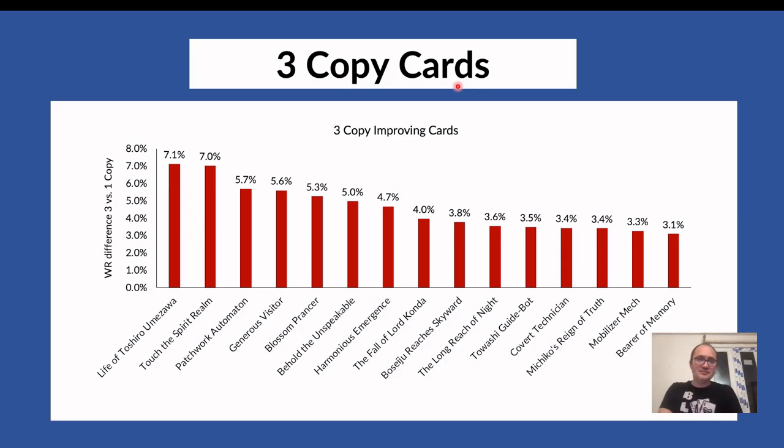And yeah, the winner of that is Life of Toshiro Umezawa, with a massive 7 percentage point increase in win rate when you have 3 of them as opposed to when you have 1 of them in your deck. And very close behind it is Touch the Spirit Realm, which is also...